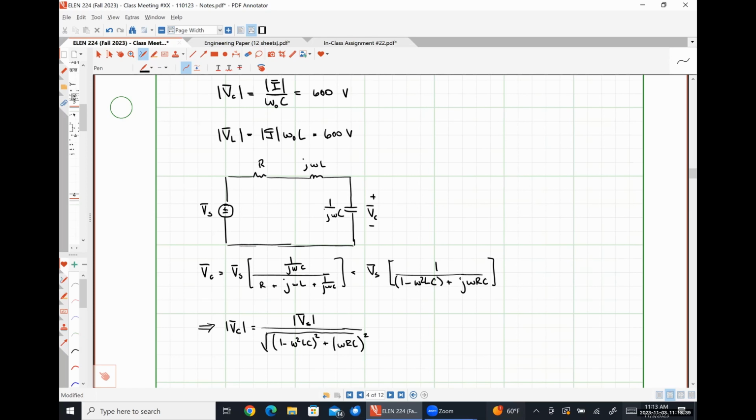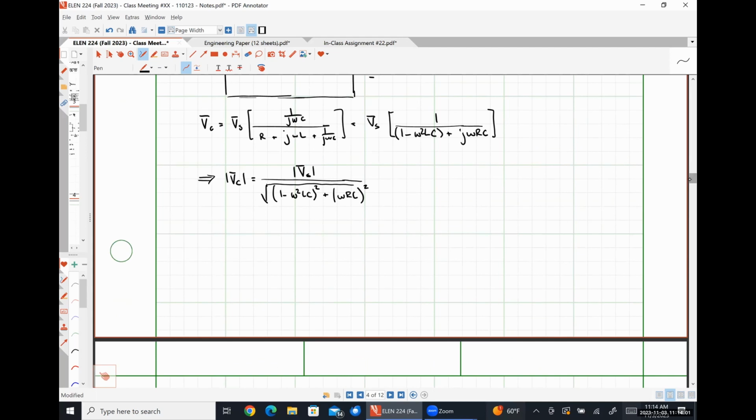So what we're going to do is take the derivative of this voltage and set it equal to 0 to figure out what frequency corresponds with the maximum value of our magnitude. Plug that frequency back in and find out what our maximum voltage would actually be, right? So scroll down here. The derivative of the magnitude of our capacitor voltage with respect to omega has to equal 0,